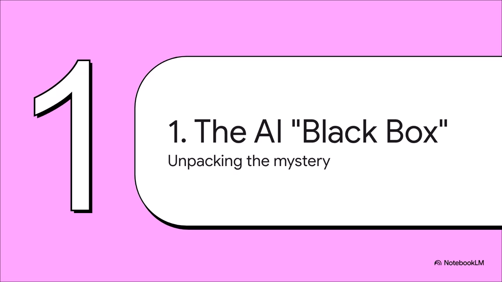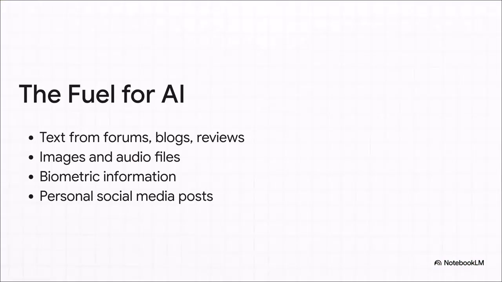The very first thing you need to know is that AI models aren't just born smart. Nope, they are trained. And they're trained on an absolutely staggering amount of data. And most of it, believe it or not, is scraped directly from the public internet. And just look at the kind of stuff that acts as its fuel. We are talking about everything from your product reviews and blog comments to your family photos and all your personal social media posts. The really crucial point here is that your data, our data, is often gathered without anyone giving explicit consent. It just becomes the raw material for these incredibly complex systems.